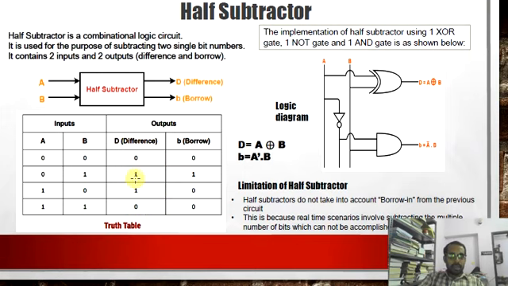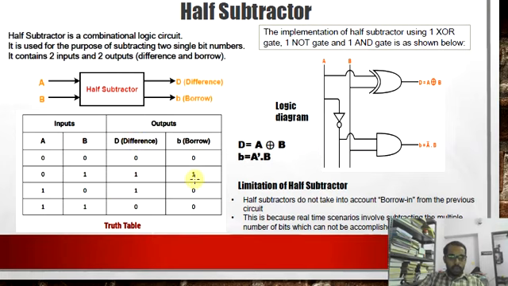So in order to see the combination of logic gates required for difference, again you can see that output is 1 only for the odd number combination of input ones. So that corresponds to the XOR gate. So you can generate the difference bit between two inputs by simply using an XOR gate.